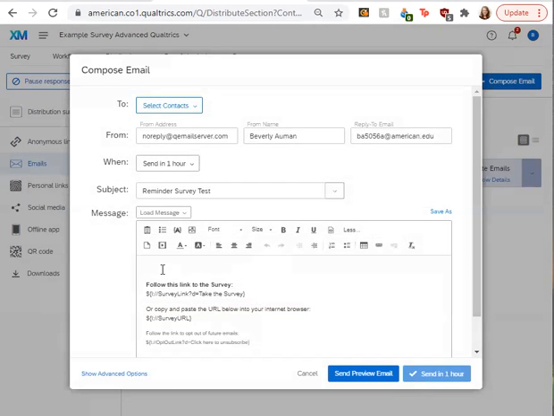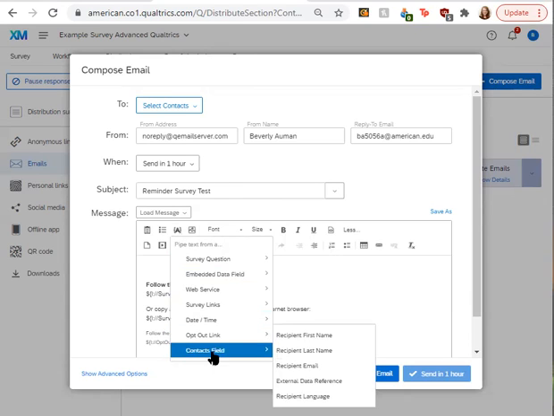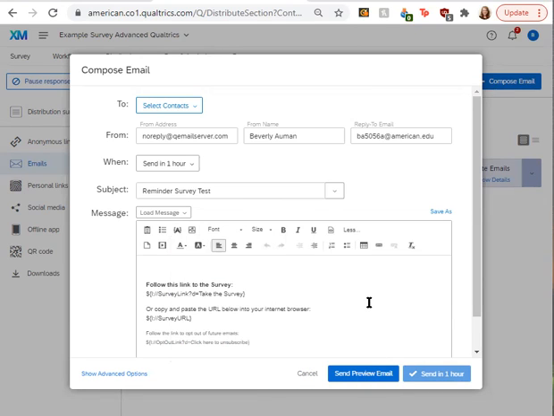You can also personalize your email by piping in their names. So if you want the email text to say, "Dear respondent, whoever name," what you would do is hit this insert to pipe text button. It looks like a little A with brackets around it. And you can then choose from the contacts field and then do recipient's first name and any other data that you've entered. So that can be one way to make your emails more personalized when you're sending them out.